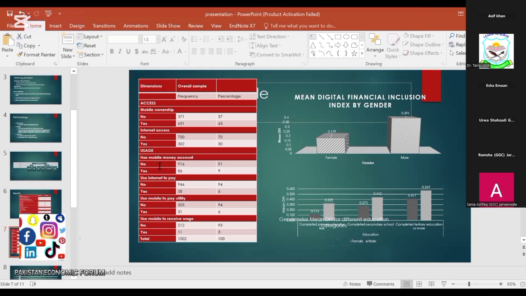We saw that females have less DFI, digital financial inclusion, than men, and the same goes for different